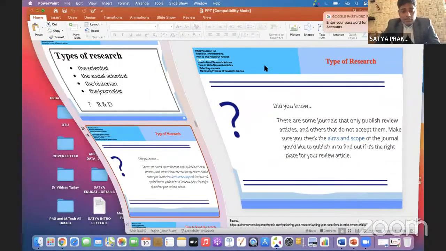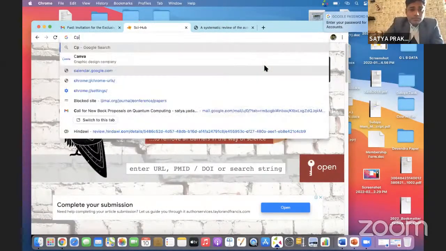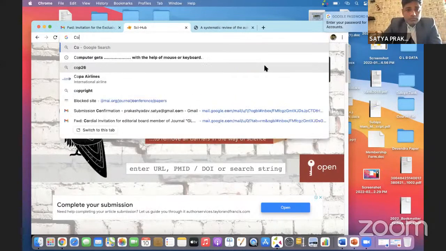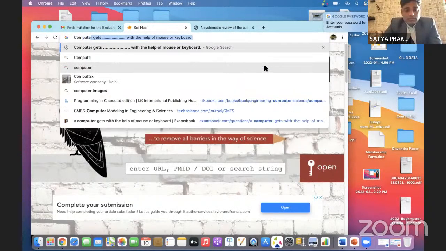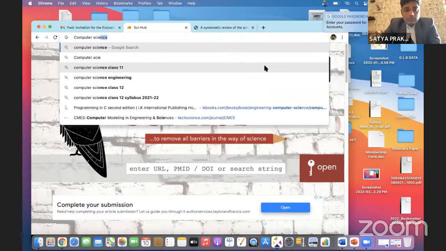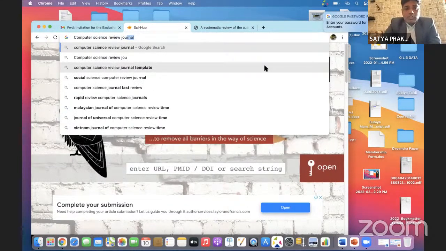Say, this is the computer science journal review.